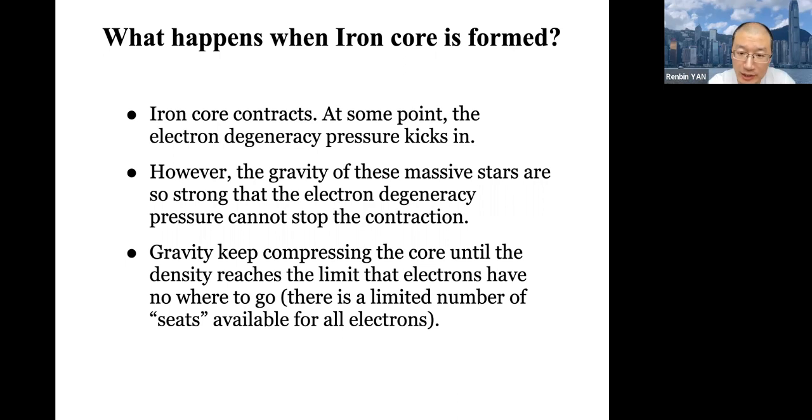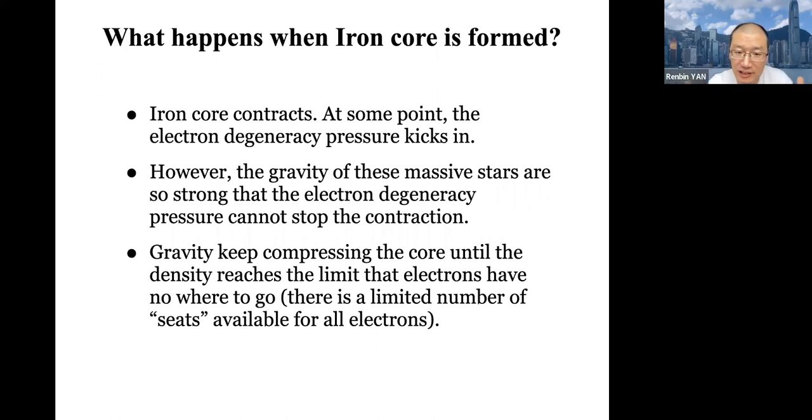Basically, electrons cannot get faster than the speed of light. So if you are trying to push more electrons into a fixed volume, electrons have to go faster and faster. And eventually some electrons are approaching the speed of light in their velocities. That's just not a sustainable process because it cannot exceed the speed of light. So there's an upper limit to how high the electron degeneracy pressure really can be.